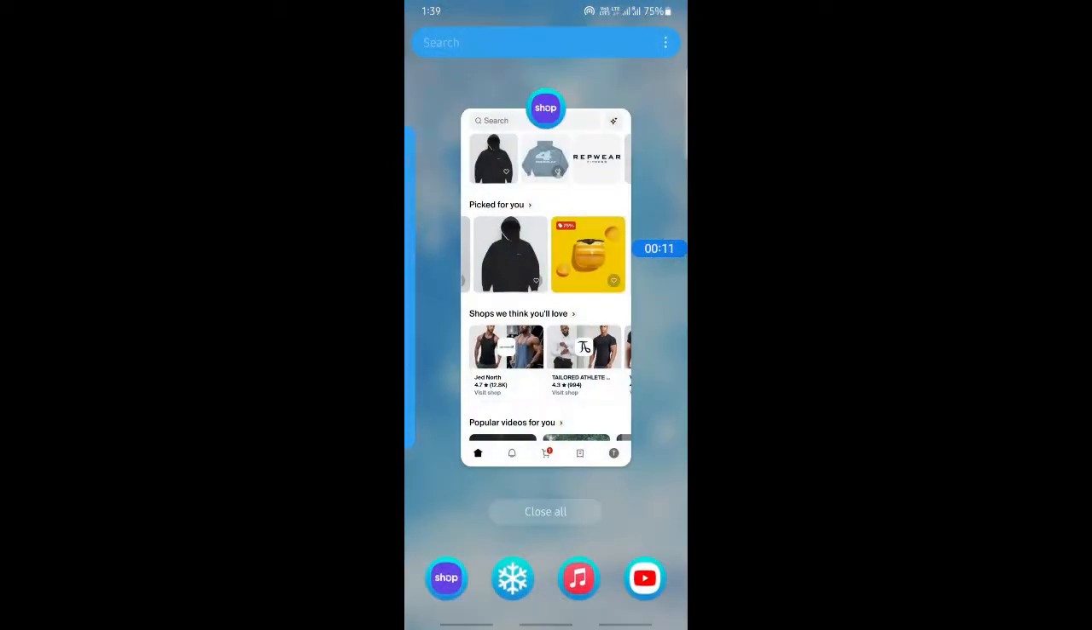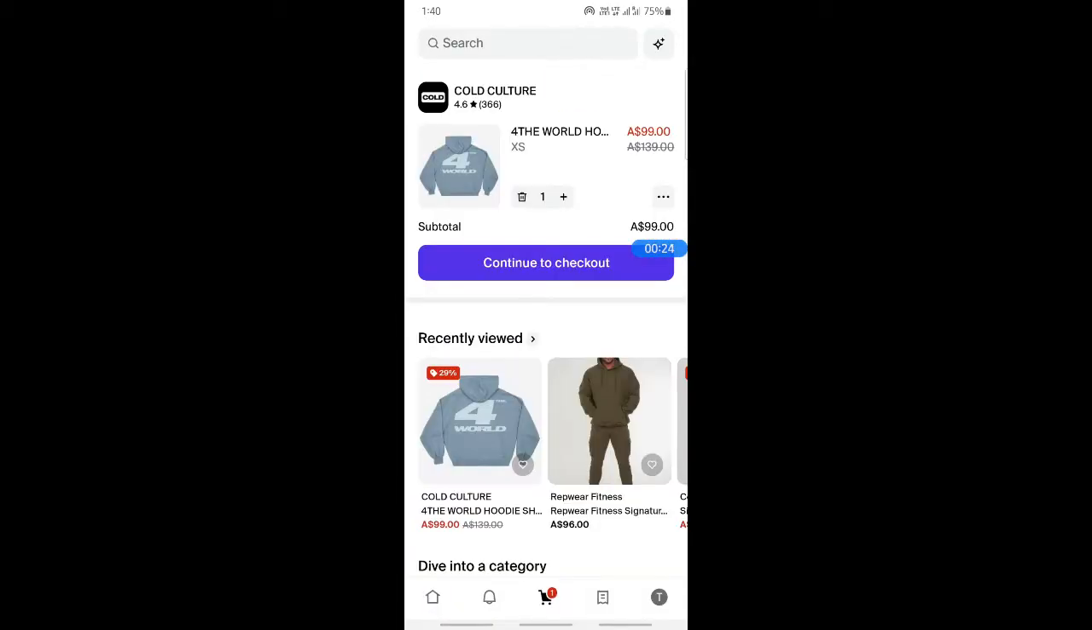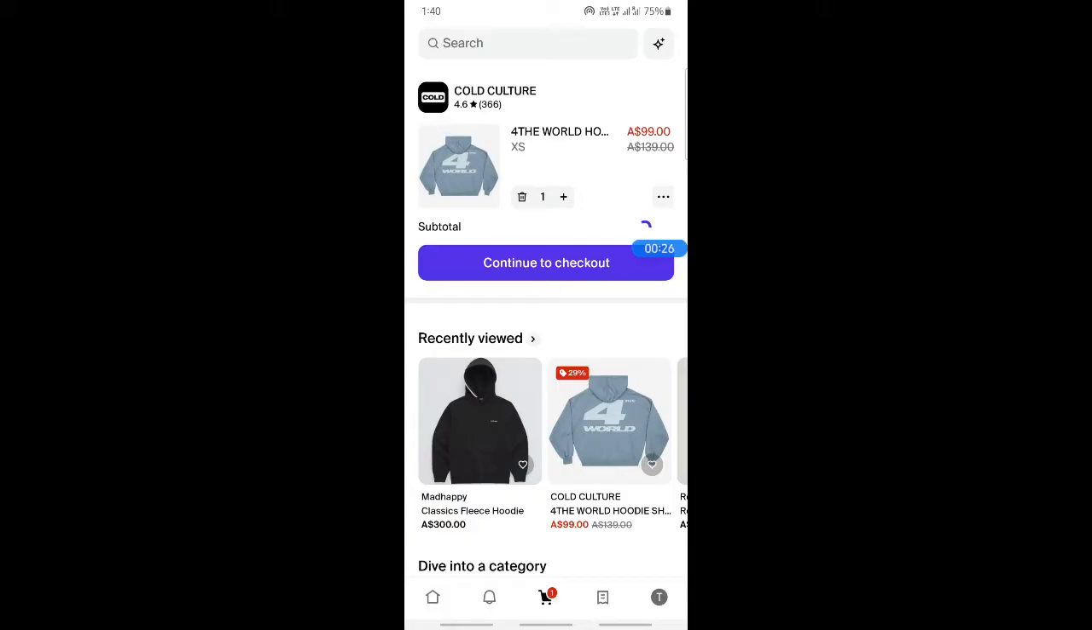So open up your Shop app and log into your account. So once you've logged in, if you have some Shop Cash and you want to use it, you can redeem it at the checkout when you place an order. So when you get to checkout, there are a few criteria